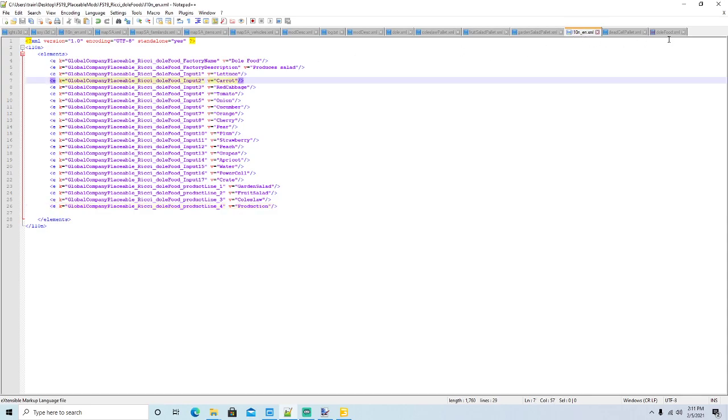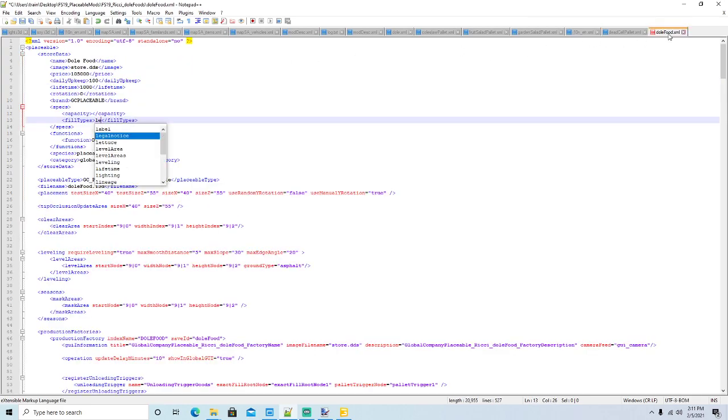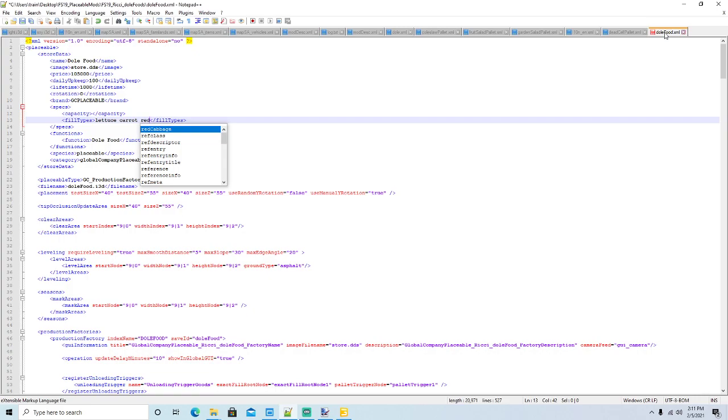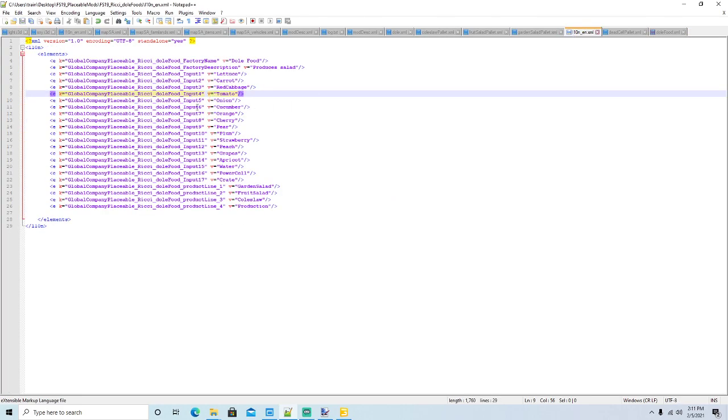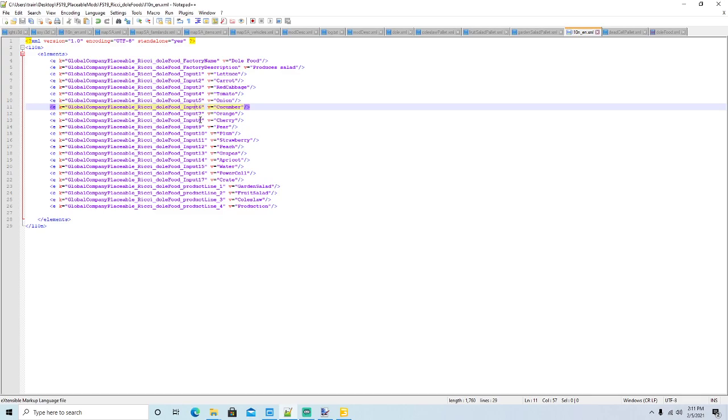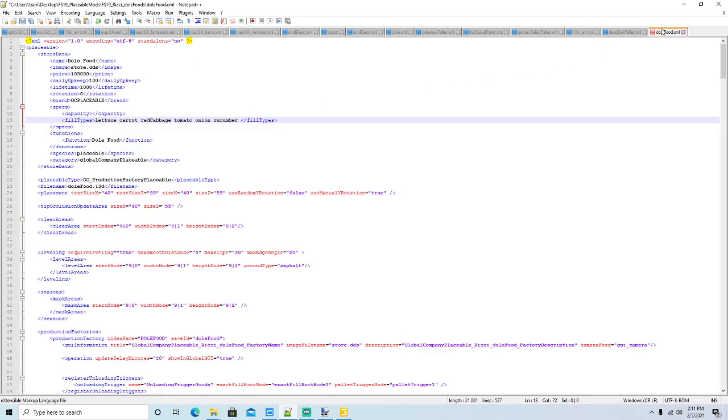So lettuce, carrot, red cabbage, tomato, onion and cucumber, orange and cherry,